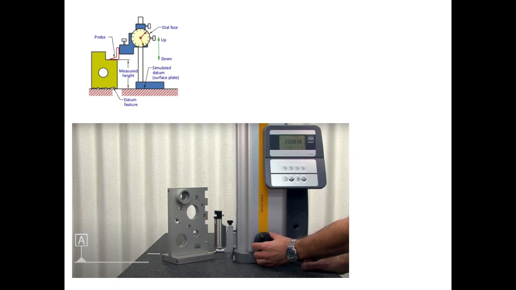Here are some real-life examples of datums in action. In the bottom image, you can see that the part is sitting on a granite plate. The surface of the granite plate is acting as a datum simulator A from where the reference dimensions are taken. Similarly, on the top image, you can see